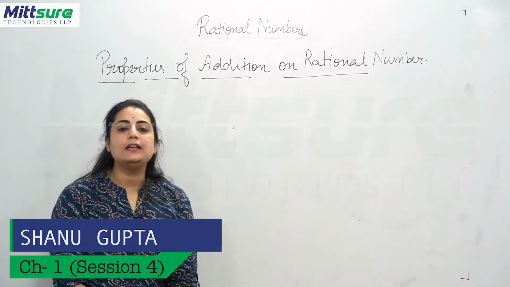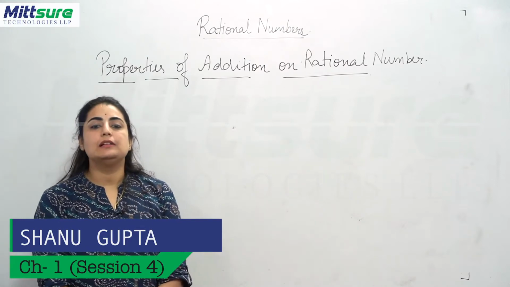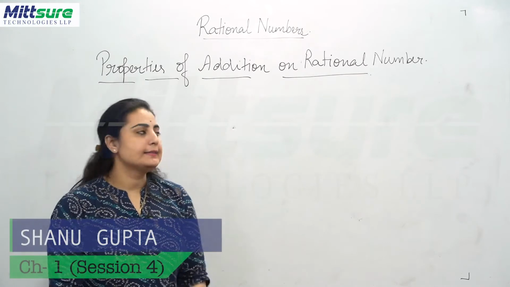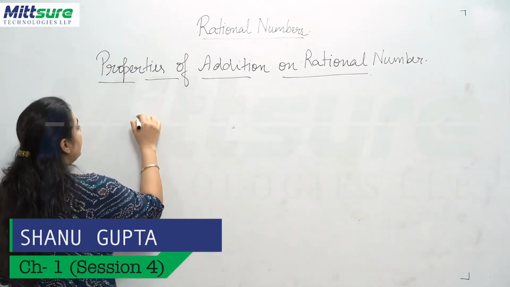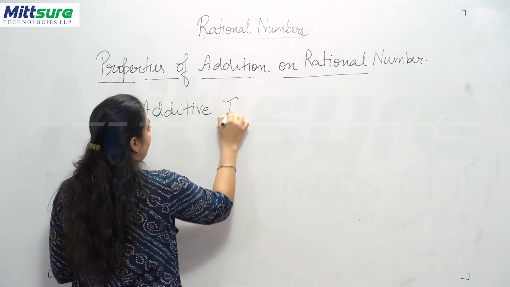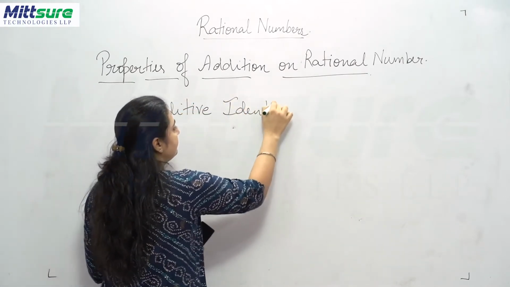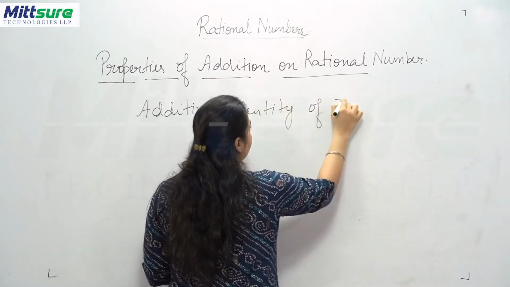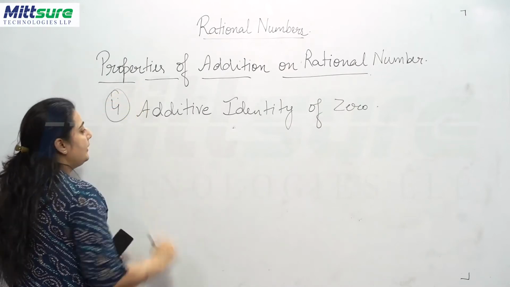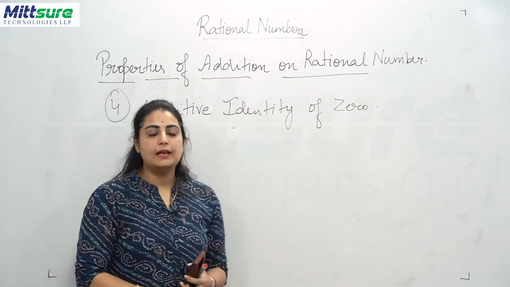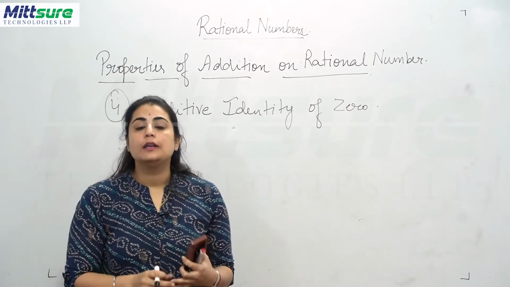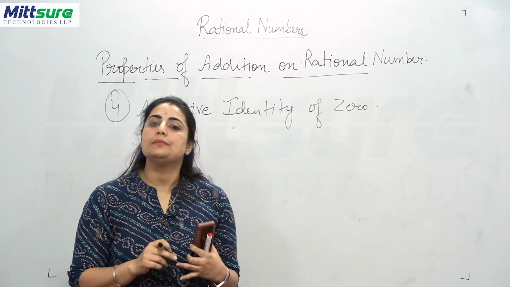The next property in which we will learn about the identity of 0 says, the name of the property is additive identity of 0, right? So this property says that whatever rational number is added to 0, the sum is always the same rational